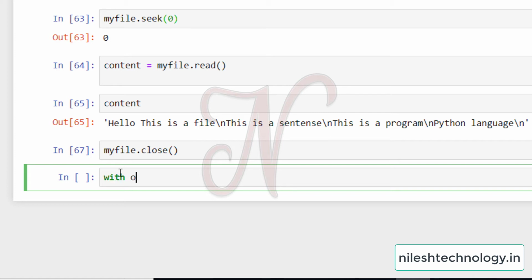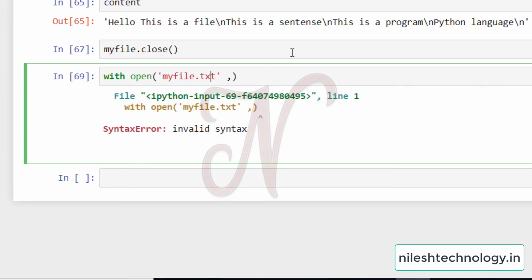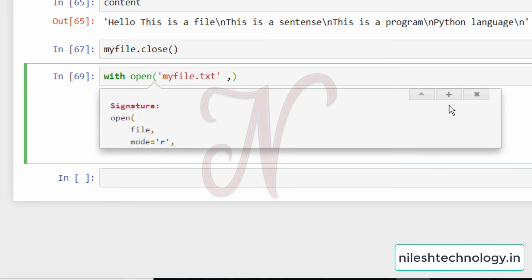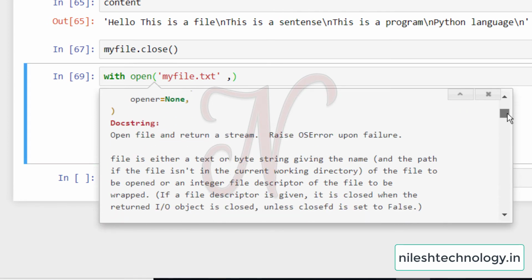Here I can open this file with open. You can pass here my file dot txt. Then if you press the Shift plus Tab button, see here, these are the syntax and some description.